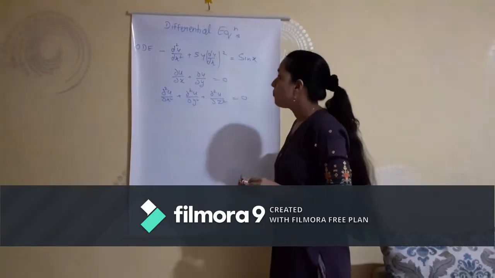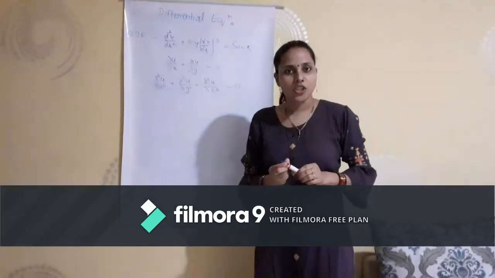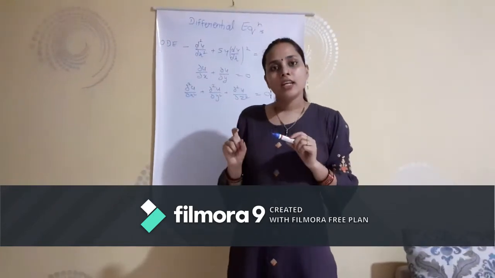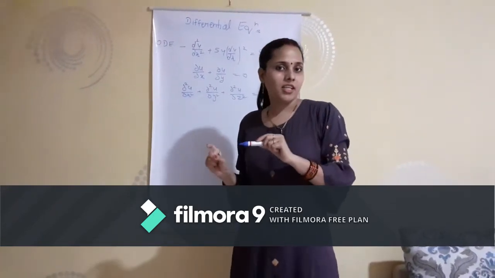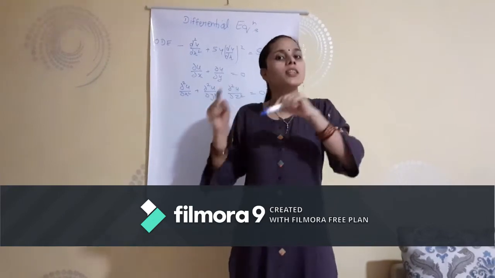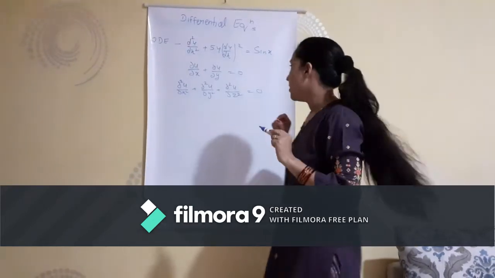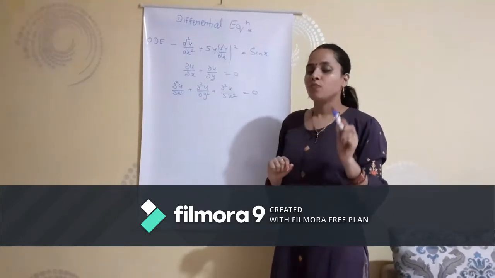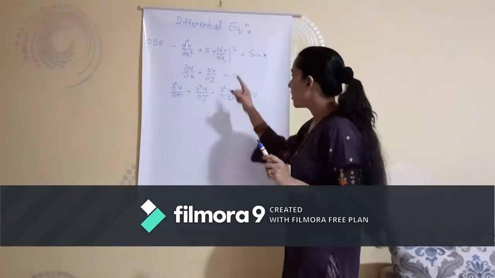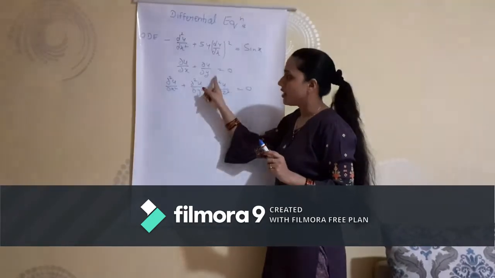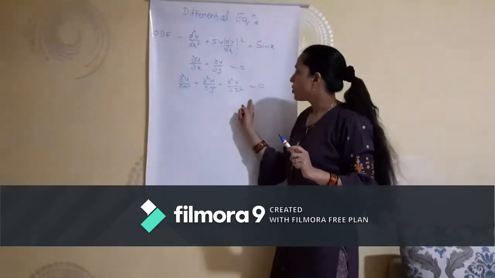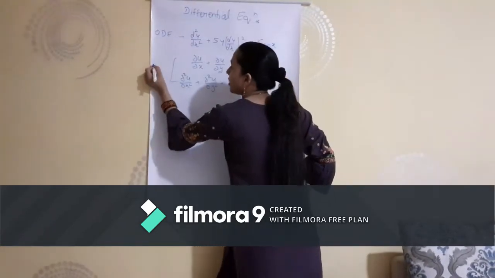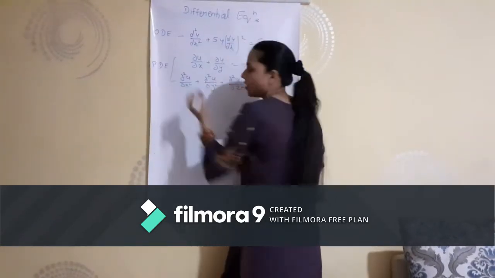Another is the partial differential equation. A differential equation involving derivatives of one or more dependent variables with respect to more than one independent variable. More than one independent variable means at least two independent variables appear there. We can clearly see that here are two independent variables and in this equation we have three independent variables. So these two go in the category of PDE.